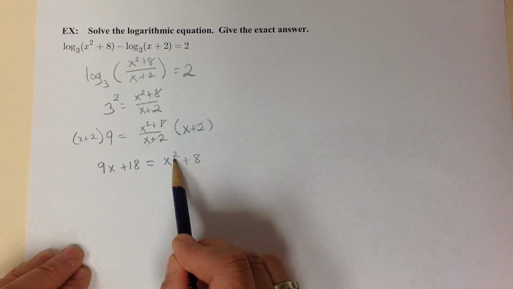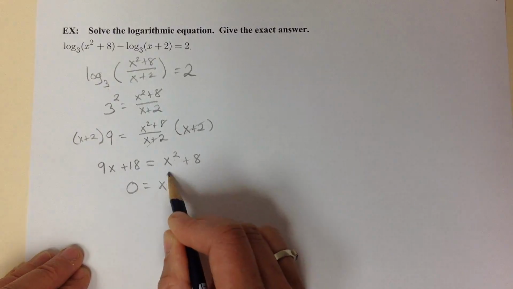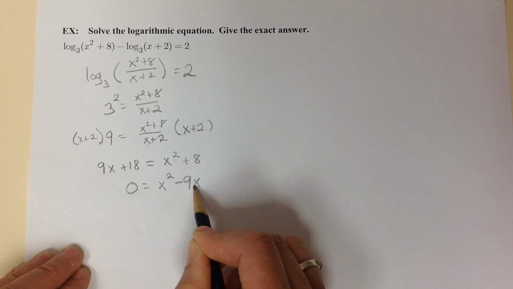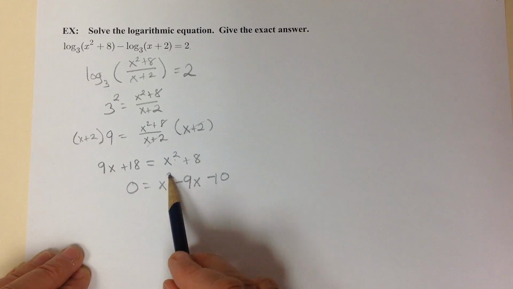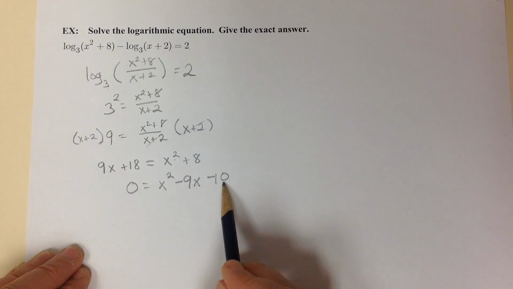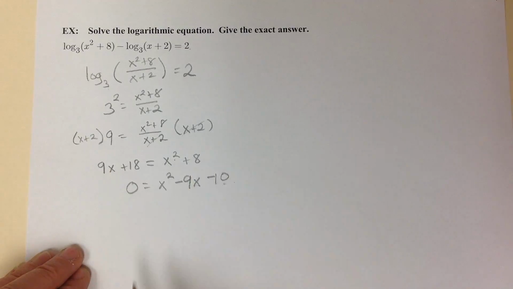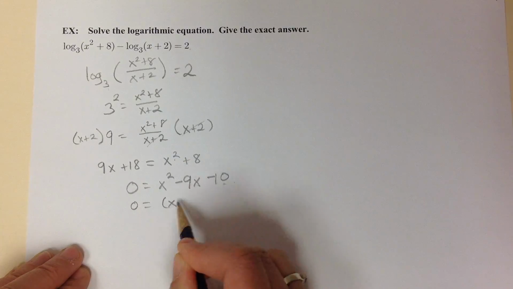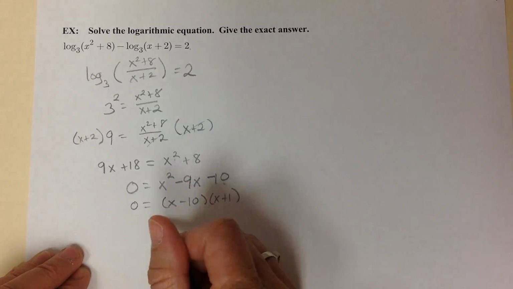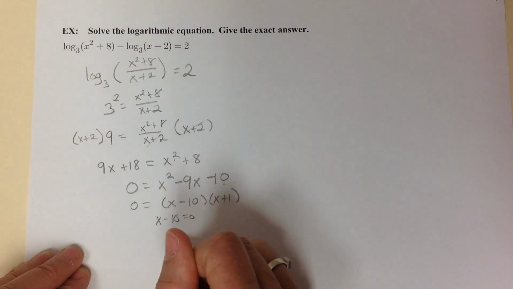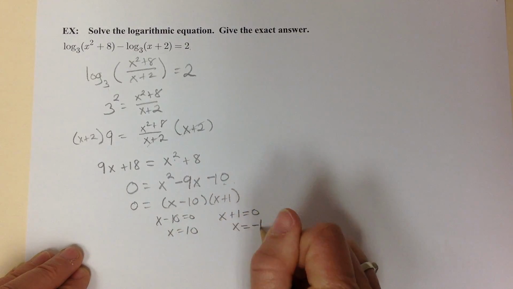This is a quadratic equation because of the square. So I want to rearrange to get 0 on one side. Hopefully it factors. If not, I'll use the quadratic formula. Watch the order on how you put these in. You want the highest power of x, then the next lowest power, and then finally your constant term. So this would be x squared minus 9x minus 10, which does factor as x minus 10, x plus 1. Setting factors equal to 0, we end up with answers of x equals 10 and x equals negative 1,